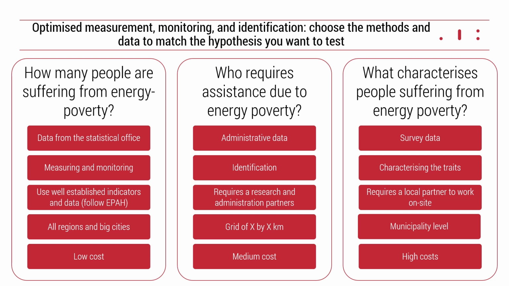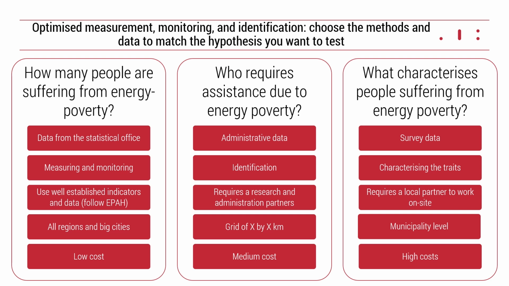So the researchers should not have any access to any details about people receiving the help. Still, the work on administrative data requires a combination of a research partner and administration partner. So as I said, for example, the split between who knows what about particular citizens of a given city or municipality, it's always best to separate it, and it's always best to work on completely anonymous data.